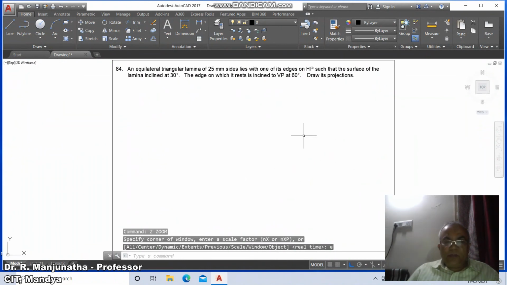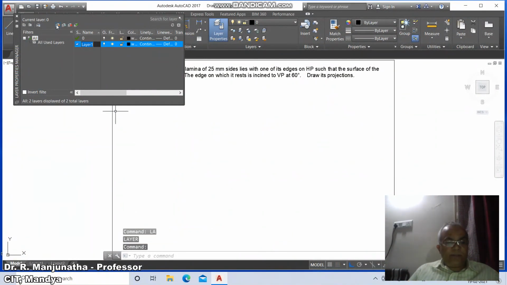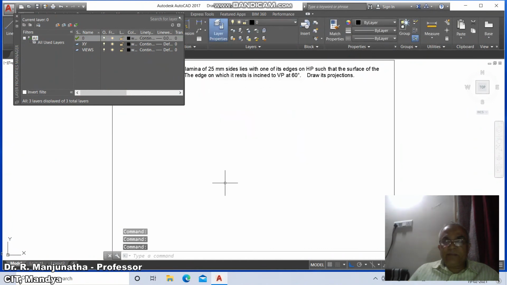Then now we're going to go for a layer. Click on new, type XY layer, and again click on new, go to views, and now you just go to line weight and make this 0.05 and select it.